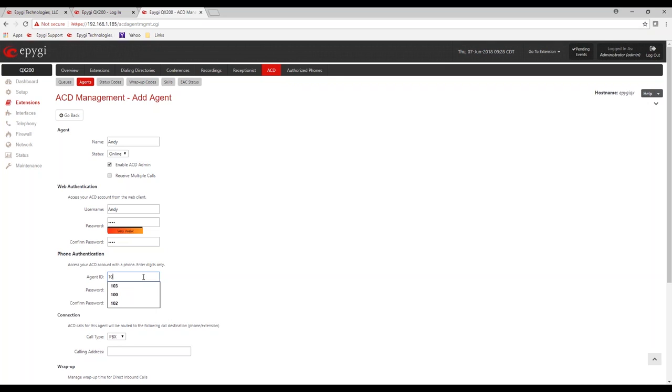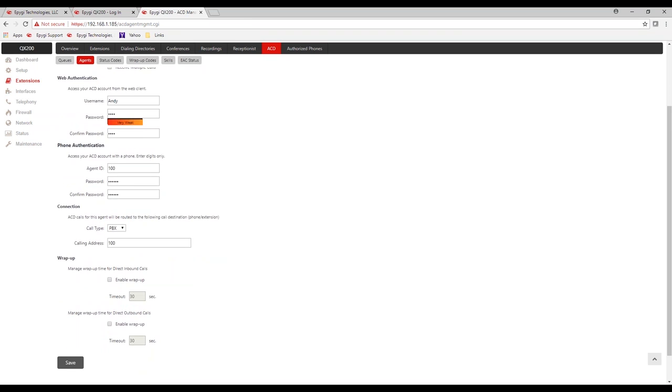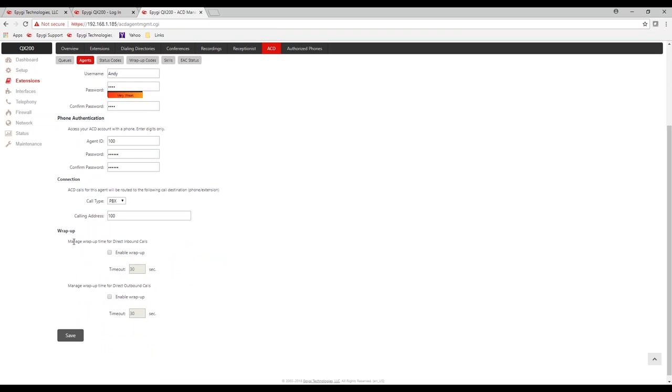I want to go ahead and go back. I want to add another queue here. Maybe create a second queue. We'll call it supports, and this will be extension 601. And we'll just go with the settings. I'm not going to change this. All right, click back on your ACD tab. So now you can see we've got 2 queues that are created. It has the extension number 600, 601,